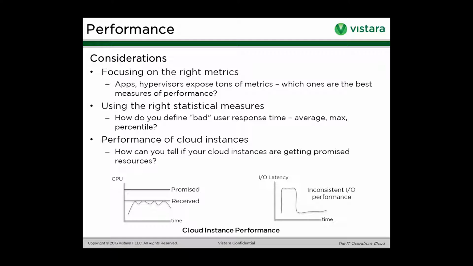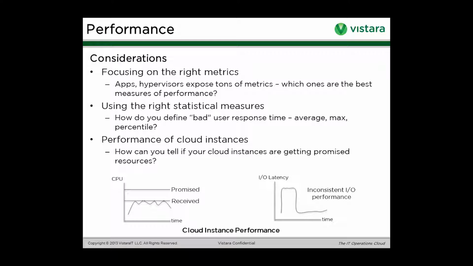You risk losing out on outliers, and the outlier response times are really going to be impacting certain users. If you only focus on the outliers, you're sort of missing the big picture and missing the average. So you've got to think about what's the right balance, what's the right way you're going to measure